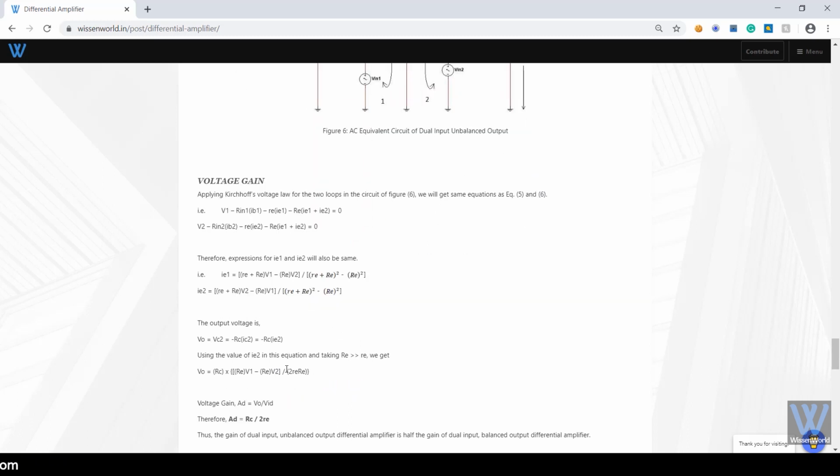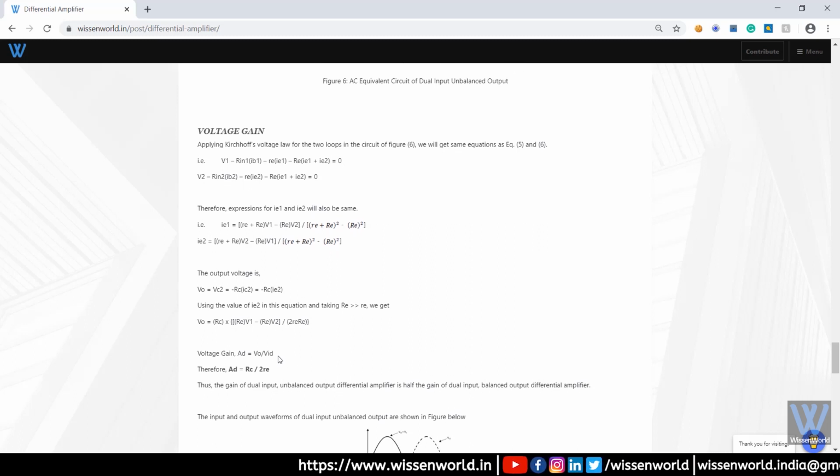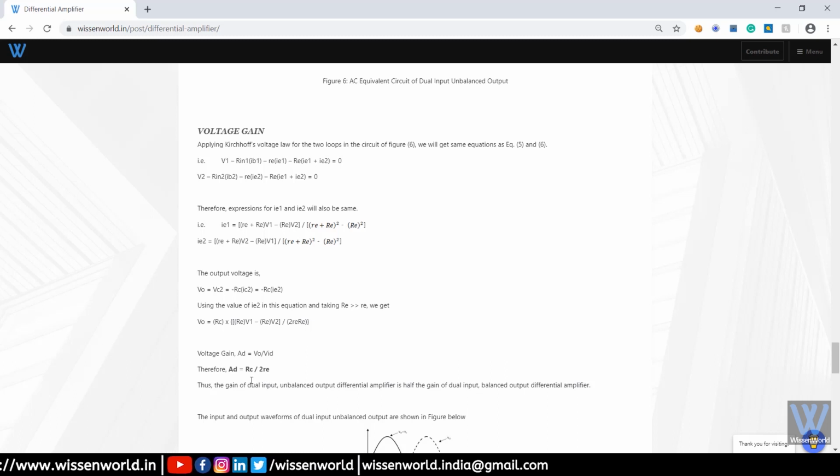Let's come to the output voltage. Here the output voltage is measured across the collector of the second transistor. So V0 will be equal to Vc2, and Vc2 is equal to Rc into Ic2, and we can replace IC by IE because they are equivalent. Now we can use the value of IE2 from this equation into this equation of output voltage, and we will get our output voltage. Now we need to find the gain. Gain will be output voltage upon differential voltage, and when we solve this, we will get our result as